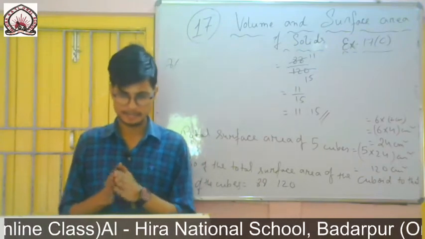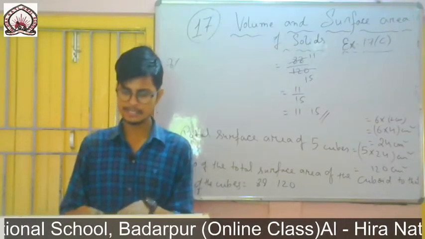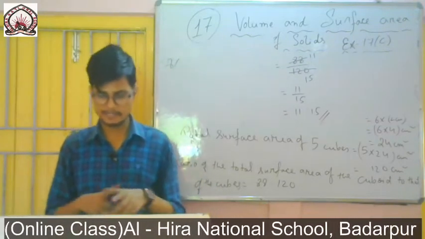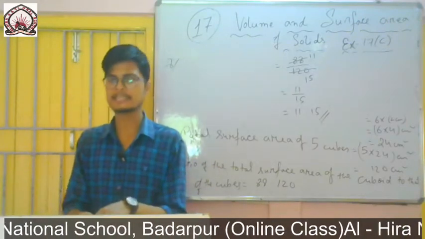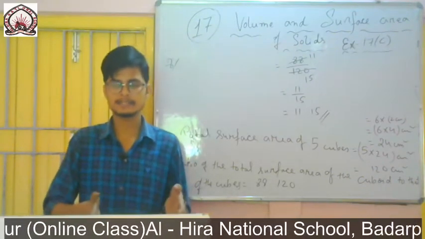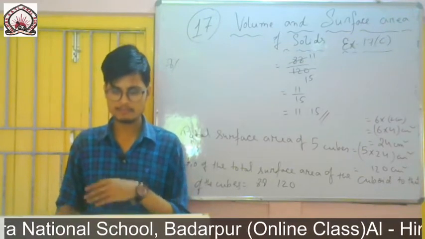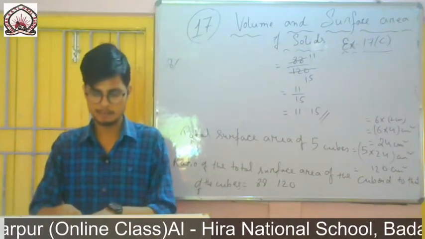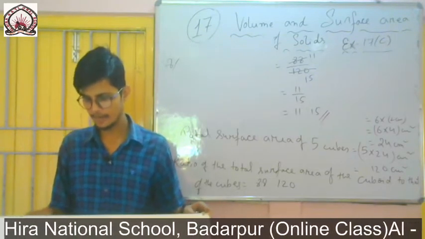So a pit is made which is 5 meter long and 3.5 meter wide, and the volume of the earth taken out is given. The volume of the earth that is taken out from this pit is 14 meter cube. That means the volume of the pit is given indirectly, which is 14 meter cube. The volume of the earth taken out and the volume of the pit are the same, and the question is to find the height or the depth. Volume we have got, it is 14 meter cube, and the length and breadth of the pit are here. So easily we can find it.